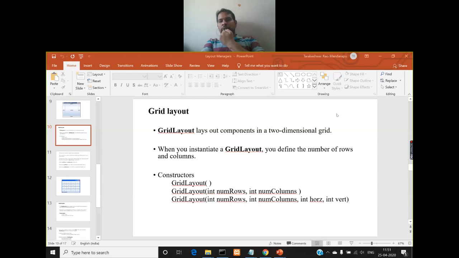Okay, good morning everyone. So as you know, in the previous class we have seen two different types of layout managers. Out of the total five layout managers, we have seen how to create applet windows using the first two layout managers. They are nothing but flow layout and what is the second one? Border layout, right? So totally you have five layout managers. So let us get back to those layout managers. How many layout managers are there? Five layout managers, right?